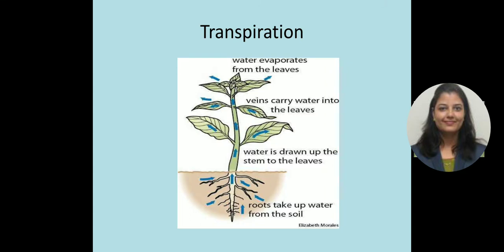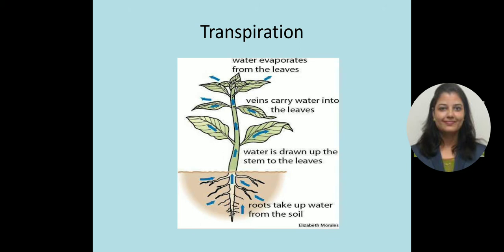So next is transpiration. What is transpiration? Plants absorb water constantly and continuously. Almost 5% of the total water absorbed by the root is utilized for cell expansion and plant growth. The rest, 95% of the water, becomes surplus and is then lost into the atmosphere by the process of transpiration. So transpiration means loss of water in the form of vapors.